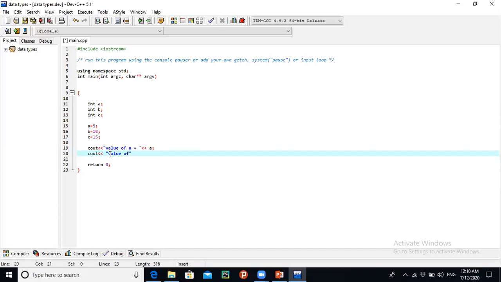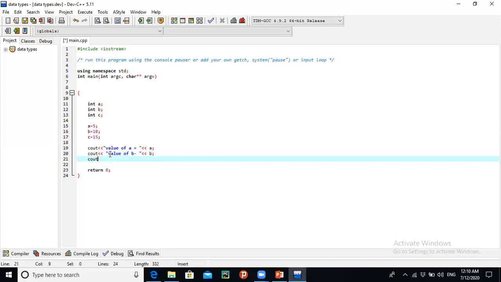Value of b is equal to, and cout value of c is equal to. Now I am also going to put